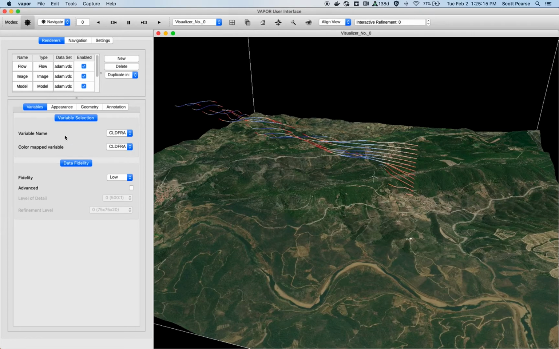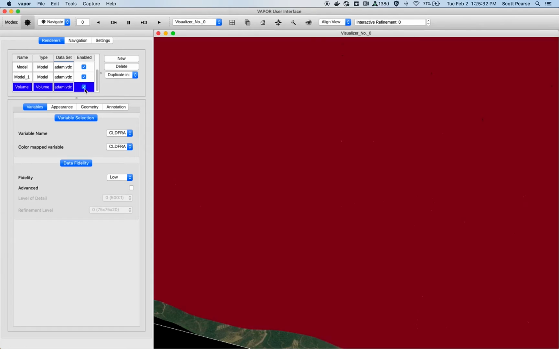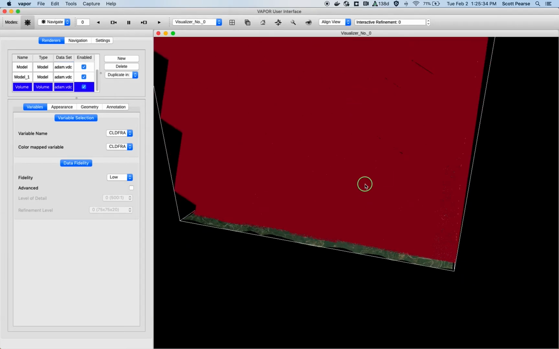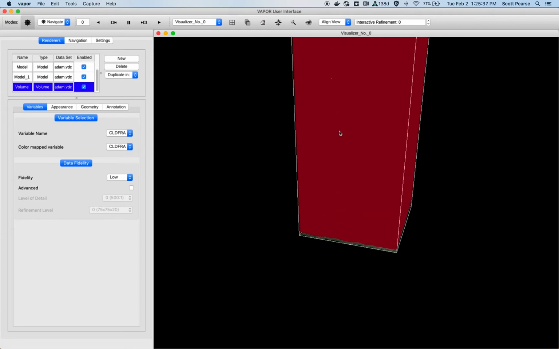and this renderer is kind of expensive. So over here we can see in our data fidelity controls we are at low fidelity, which is a good thing, especially for a demonstration. I'm going to scroll down to my renderer table down here, and let's just turn it on. Okay, so the first thing we see is this giant red block,